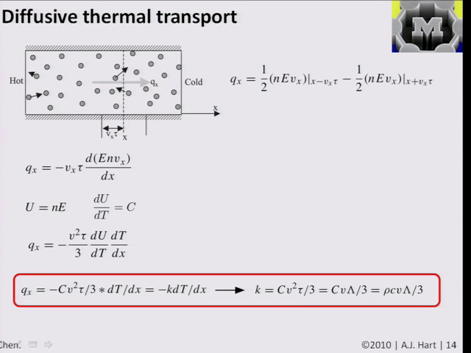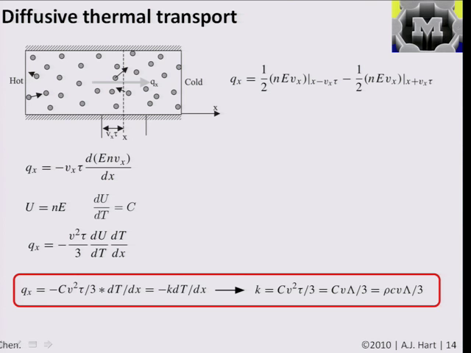If you have some one-dimensional system with a bunch of atoms bouncing around, these can be gas molecules, vibrations, electrons, whatever. We draw some imaginary line through it and ask how much energy is flowing across this line. The answer would be how much energy comes from the left minus how much energy goes to the right. And you have to ask, how far to the left of the line do we go, and how far to the right? If we call the mean velocity v, or the x component v_x,